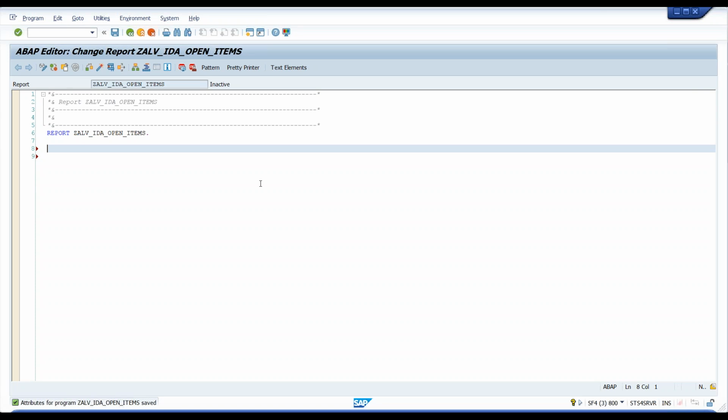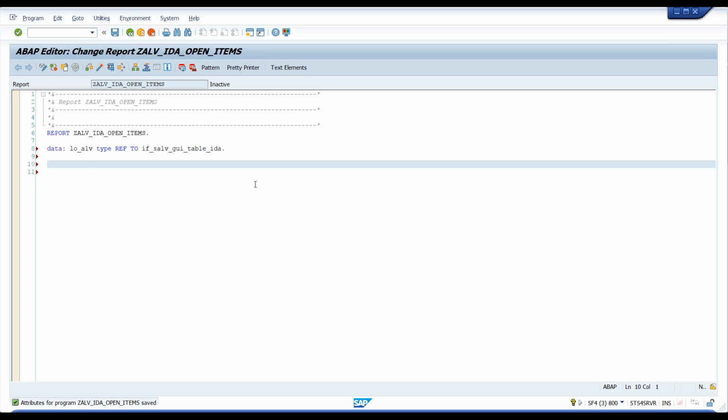So we are going to now say data, and I will just define the object for my ALV, which is type ref to IF_SALV_GUI_TABLE_IDA. Okay, so this is the interface we will be using to be able to use our IDA. Now the next thing we will do is LO_ALV, and I'm going to assign this to a CL_SALV_GUI